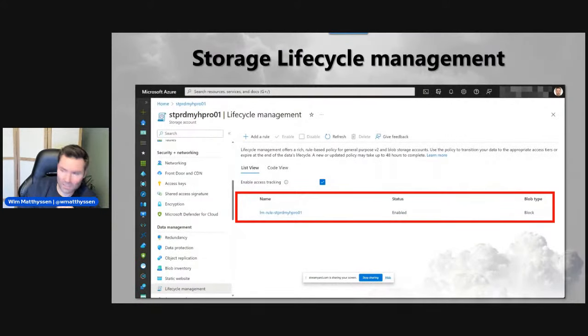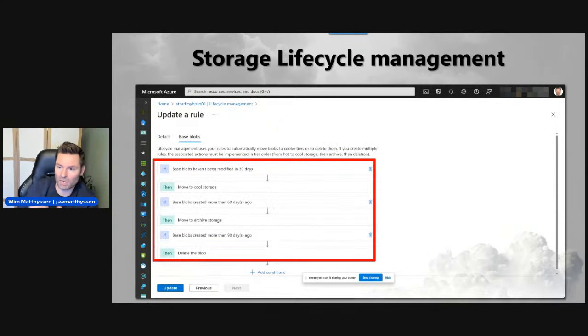Last thing I want to mention, I think, storage lifecycle management. If you have quite a lot of Azure storage accounts in your environment, you can enable lifecycle management, where you create a rule for all the data or blobs inside that storage account. You can specify that if specific blobs are there for 30 days, move them from the hot tier to the cold storage tier. If they're there for 60 days, move them from cold to archive storage, and after 90 days, just delete the data. So definitely something that can help manage the lifecycle of your blobs, but will also in the end